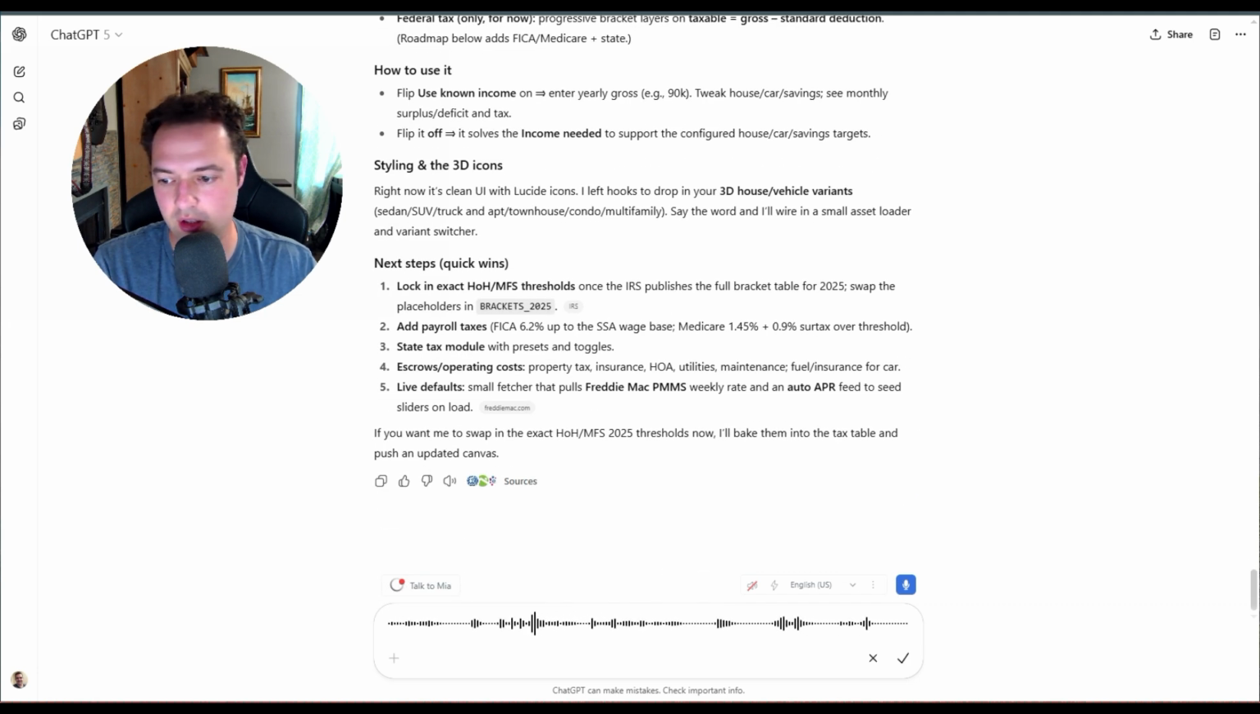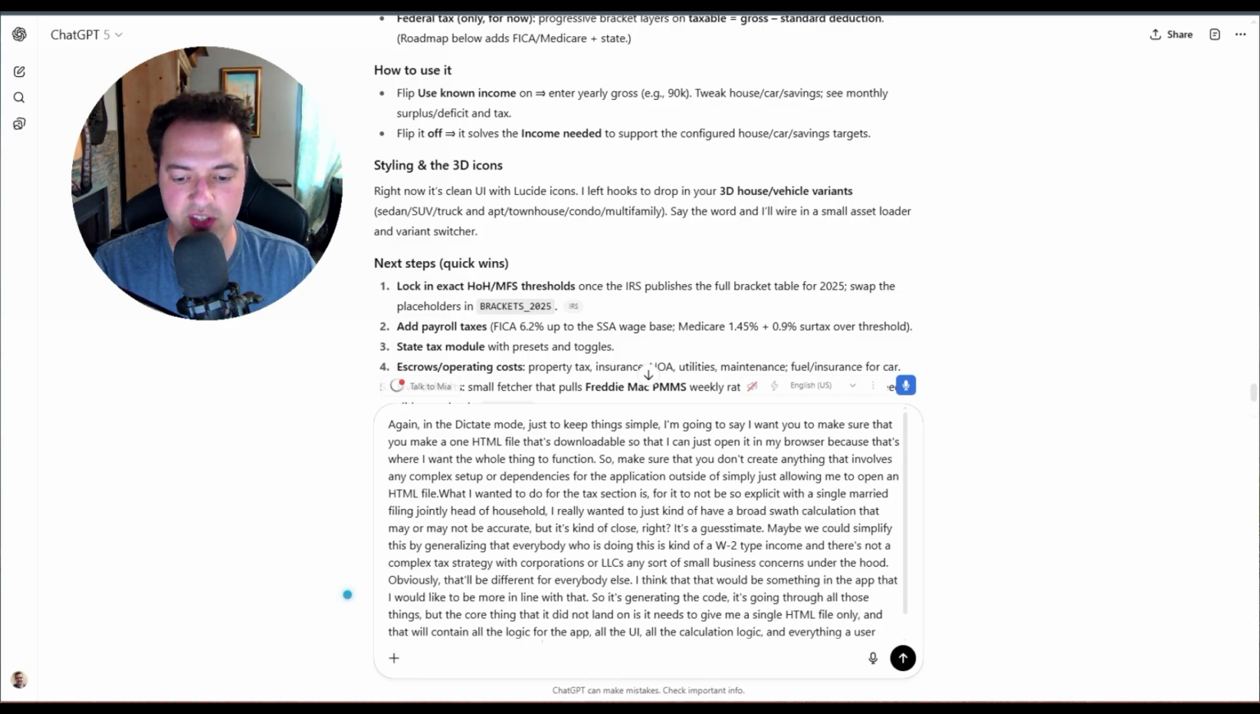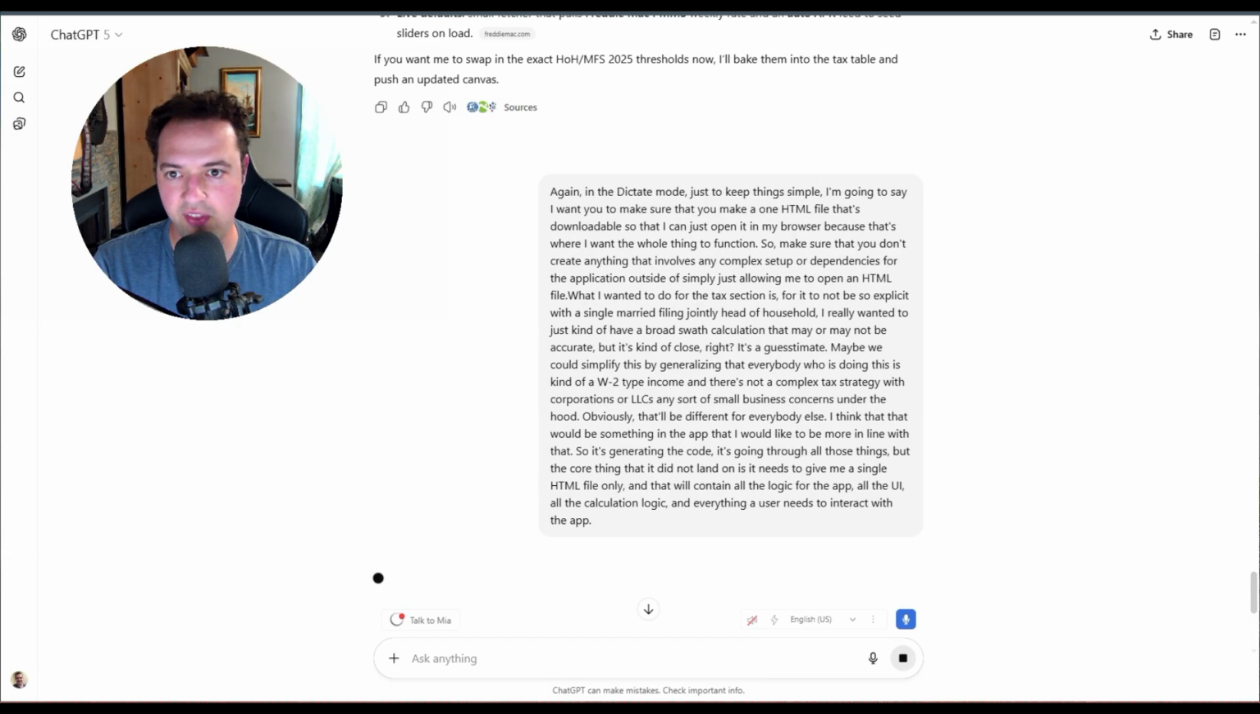So it's generating the code, it's going through all those things, but the core thing that it did not land on is it needs to give me a single HTML file only, and that will contain all the logic for the app, all the UI, all the calculation logic, and everything the user needs to interact with the app. Okay, so we're up to prompt number 2 when I send this, and then this will go through, we'll get that,